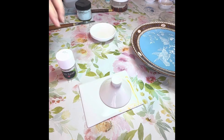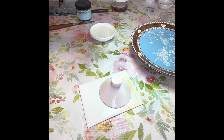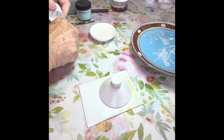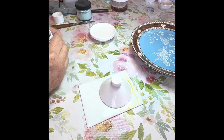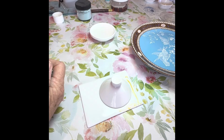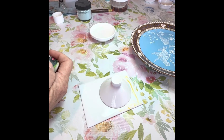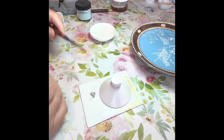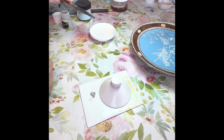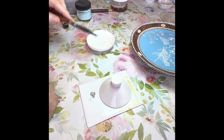Now we're ready for our Petite Relief. This is what it looks like. It looks kind of like cement, and it is mixed with water